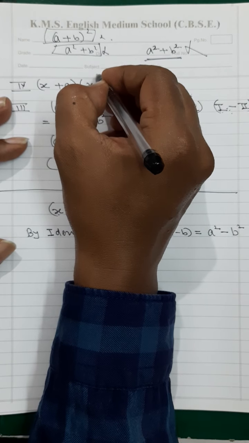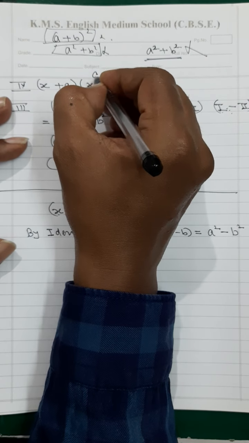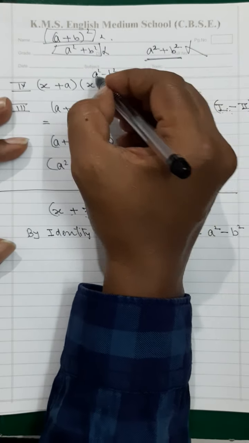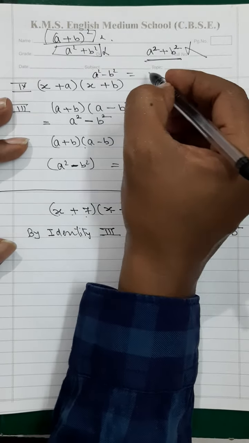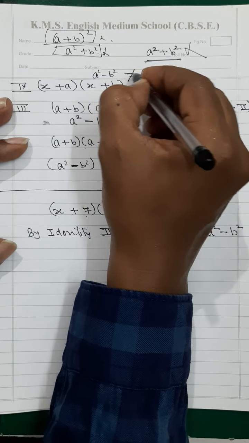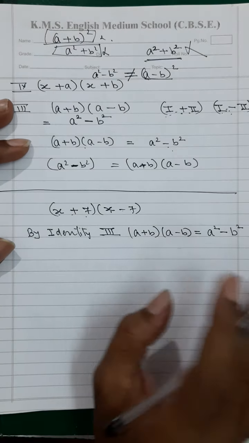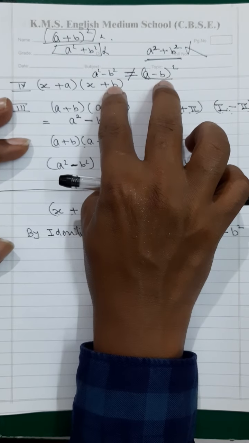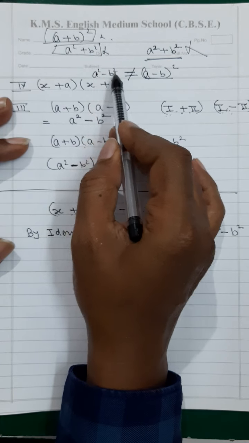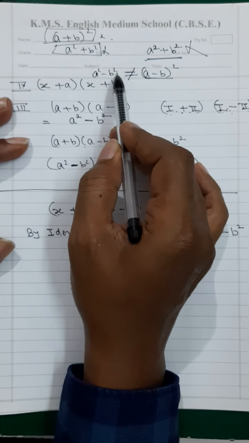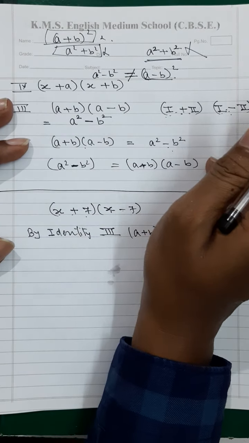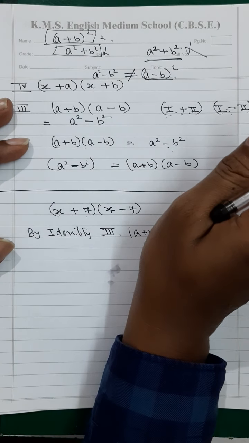When you mean a square minus b square, it has got its own identity, and you take a minus b the whole square. This is entirely different. They are not at all same. Treat them totally different. Try to understand. When square is on the head of both the terms, a square minus b square, it is a different identity. A minus b the whole square is a different identity.